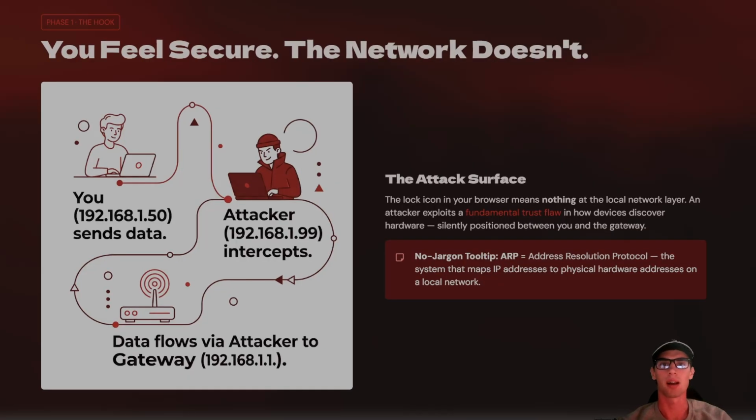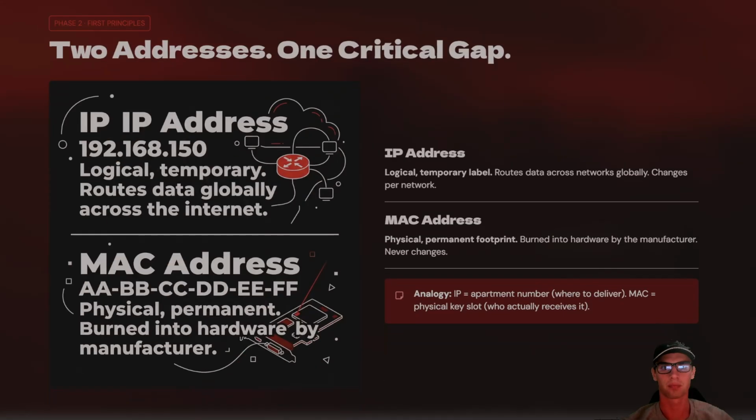So let's talk about ARP. ARP stands for Address Resolution Protocol, and it is the system that your device uses to connect IP addresses to local hardware addresses, or MACs. To understand how this vulnerability works, we must look at the local network's routing primitives. When your computer wants to send data across a room, it uses 2 distinct identifiers: your MAC address and your